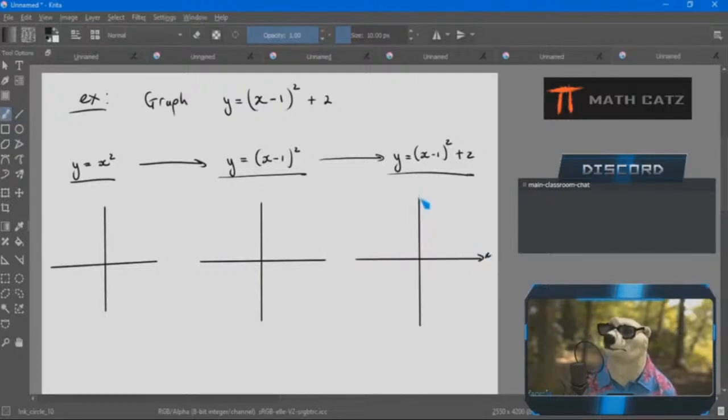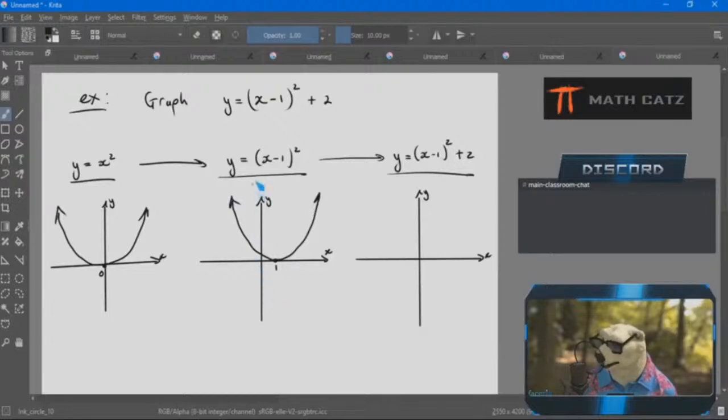So when the function is more complicated, I can see it as a sequence of transformations, one after another, so that I can keep track of how the graph changes from the basic wobbly parabola that I know and love. So I have my familiar parabola shape because that's the function I start with. The function changes first, in this case with a replacement of x by x minus 1. That means the original graph shifts to the right